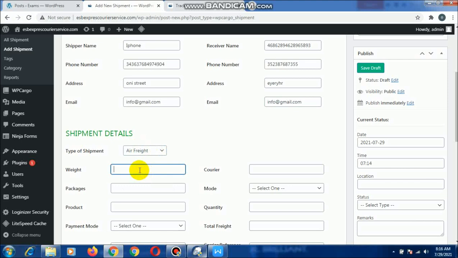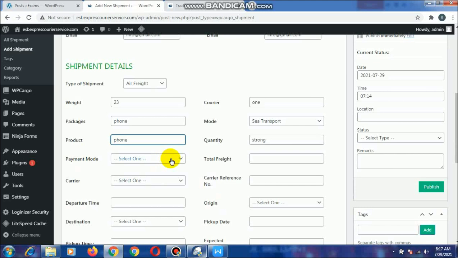The weight is 30.3, package. So you can put any of the information, so what you are sending to the person